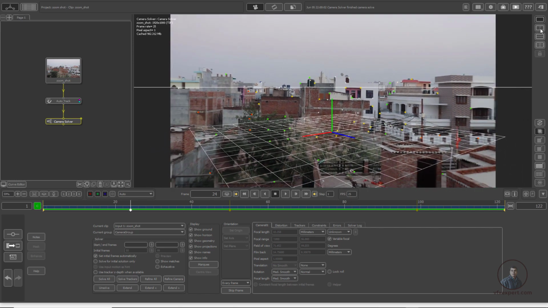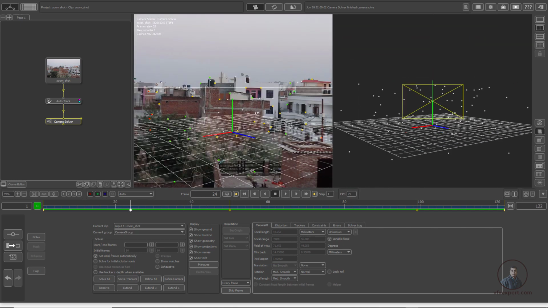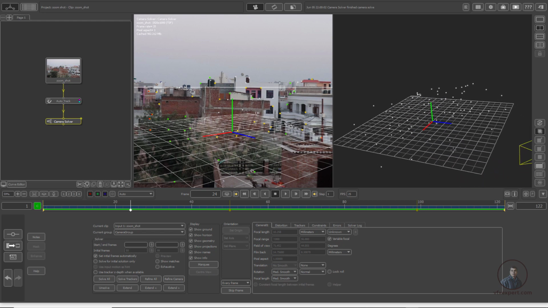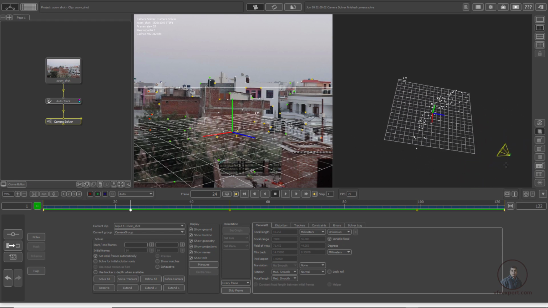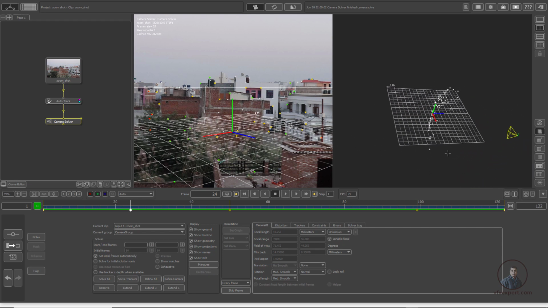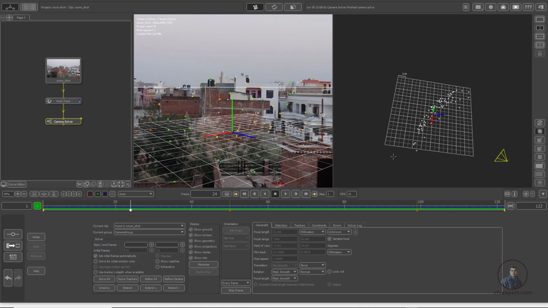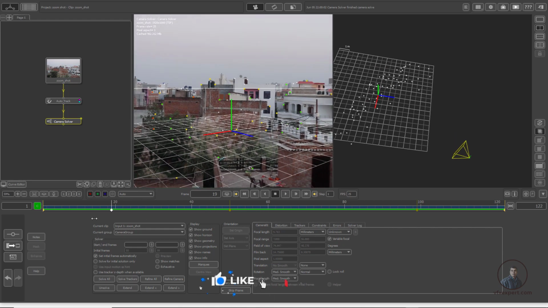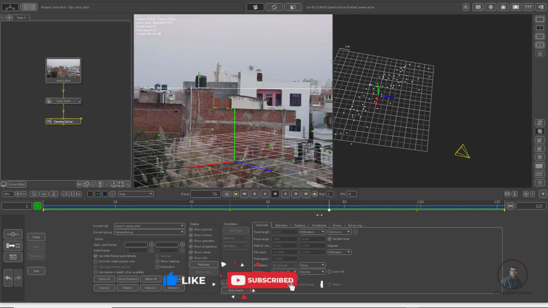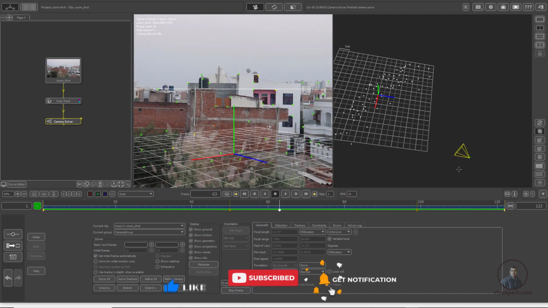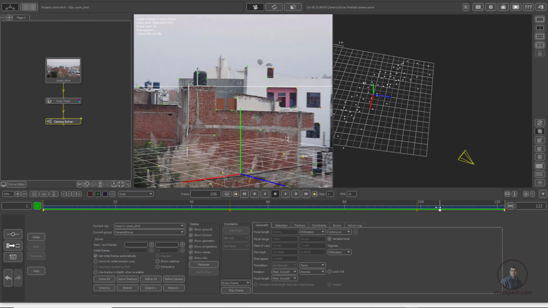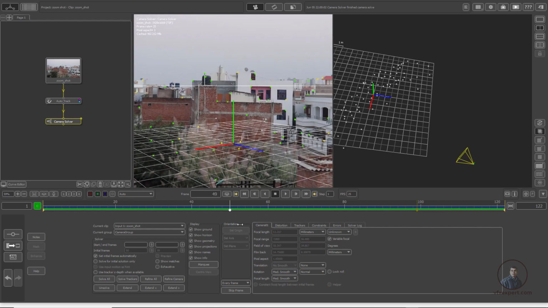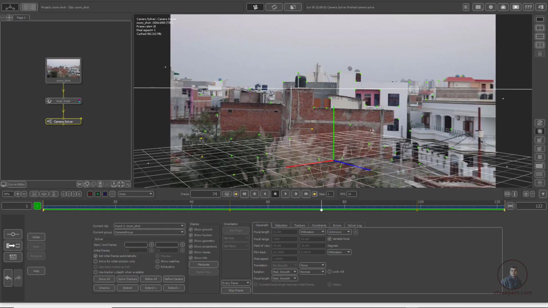So again just come here in 2 view, so we can check this in our 3D view here or in our perspective view here. So here if you see, all points here are in the same plane because there is no perspective change in our shot. And if you see here, this camera is just changing its focal length. So easily you can see we are getting this zoom effect here. It's not changing position, it's only changing its focal length. So you can see, now I have solved my zoom shot.